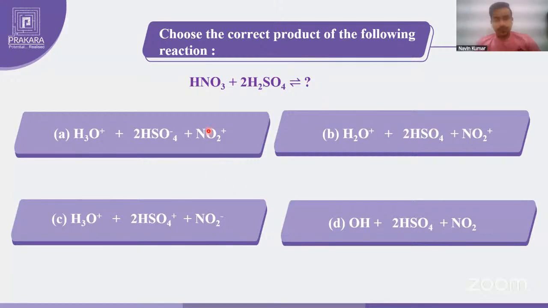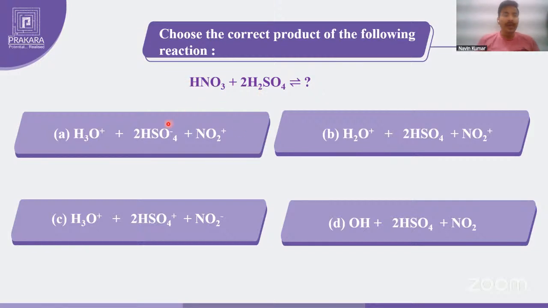So see, basically we use both of these in the nitration reaction. Nitration is a kind of electrophilic reaction. And in an electrophilic reaction, what is going to react? That is the electrophile. And electrophile means a compound or a molecule or a functional group which has a positive charge. So one thing is clear, that when this HNO3 and 2 H2SO4 react, there will be NO2